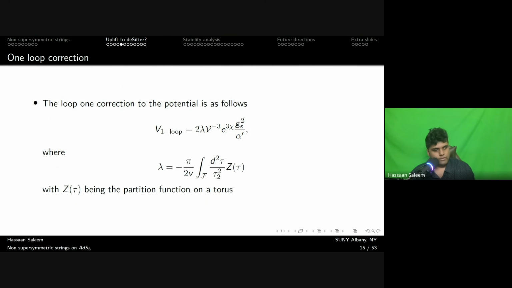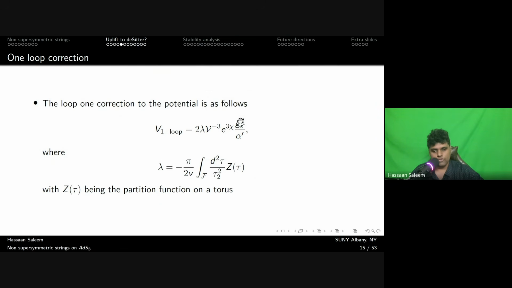If you ask me, I can tell you how the one loop correction is derived. But I can just tell you that it comes from the integral of the partition function over the fundamental domain. If you take the integral of the torus partition function over the fundamental domain, then you get the one loop correction. The details are given in the paper, but I can answer if you ask how this is derived. So you add this term to the potential that I showed you earlier, and you get the one